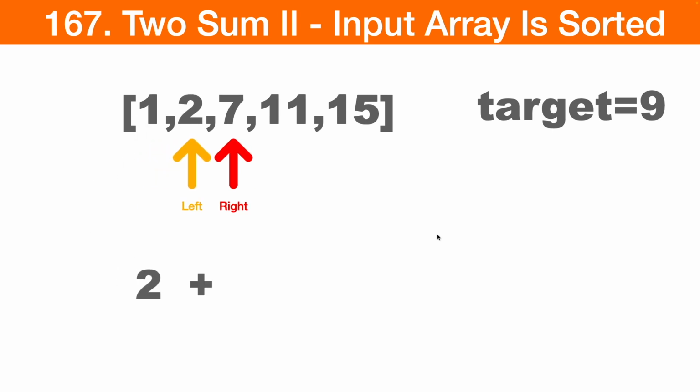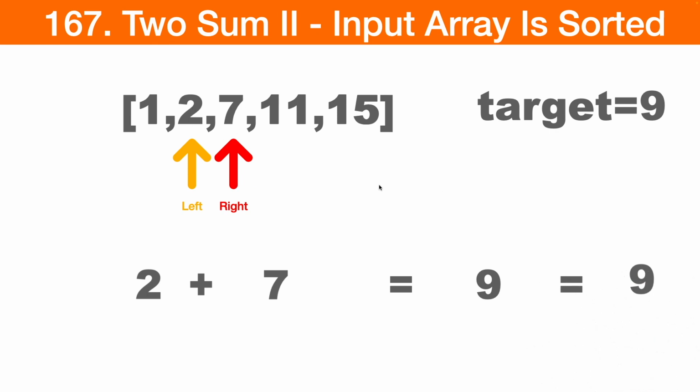Again we will do right pointer element plus left pointer element plus right pointer element, which sums up to 9, which is equal to target, right? That is the final check we want to make. So as soon as we find this target, we are good, like we have to return this left and right